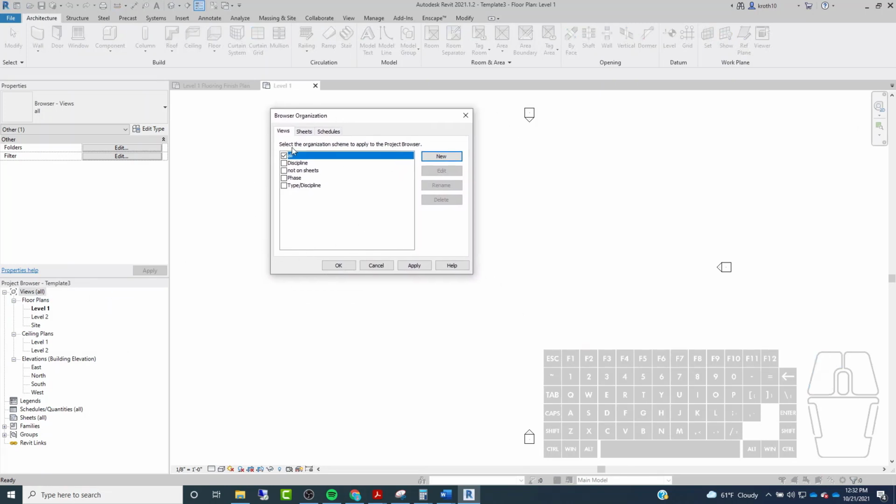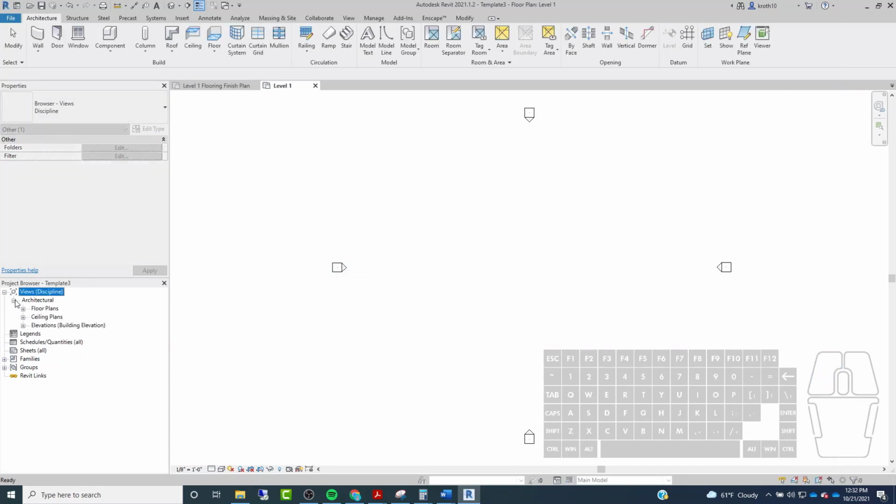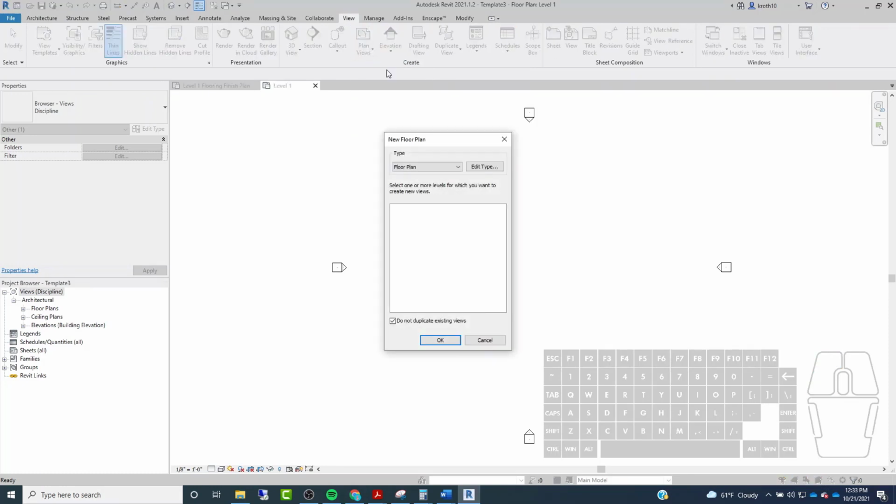Now what we want to do here, so we have all these different options here and ways that we can sort how all the different views are organized throughout the project. So if I were to change one of these, let's say to Discipline, all right, and then click Apply, and then watch over in the project browser and you can see it will update. So I'm going to go back now, and if I expand this, you can see it's now collapsed everything only to Architectural. But if I were to say create a new view, so if I go to View and then Plan View and then create a new floor plan,